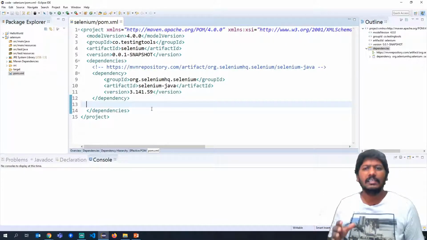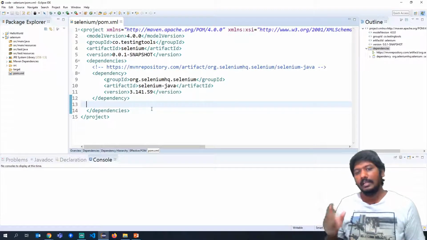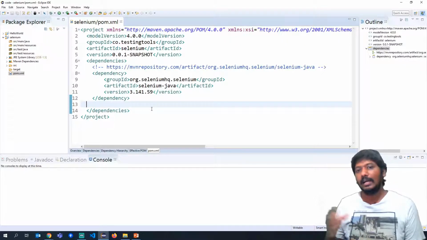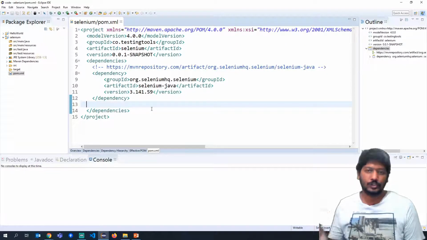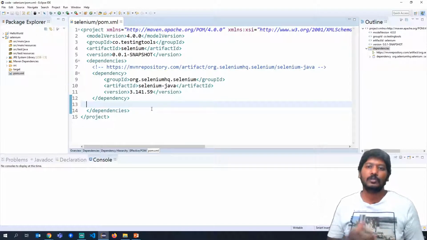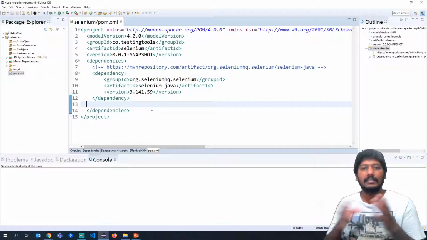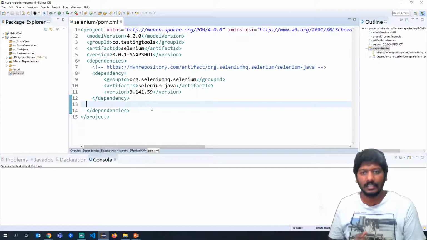It is generally in your users folder, and it is called the .m2 folder. In that .m2 folder, it downloads all the jar files. The advantage is you don't have to put these jar files in your source code. If you want to transfer this source code to some other place, you don't have to make the entire source code a huge size with all the jar files.